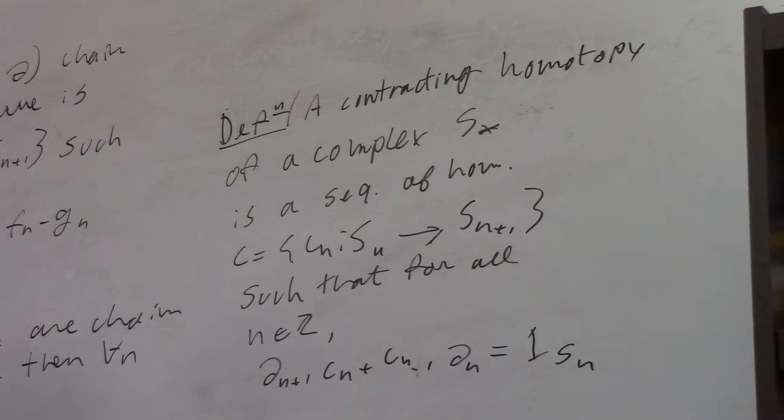So then we get this nice corollary. It's corollary 5.4. If a complex has a contracting homotopy,